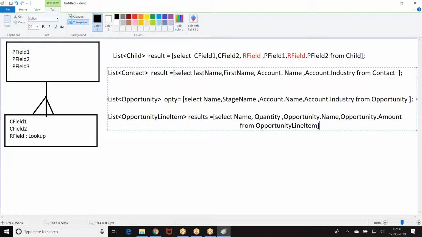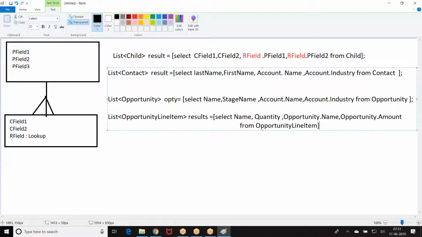And here the point is, who created the relation? Salesforce created the relation. If two objects are connected by child to parent, then we are going to get it. Now I have the opportunity, and I want to print the opportunity data along with this customer, along with the distributor who brought the opportunity.